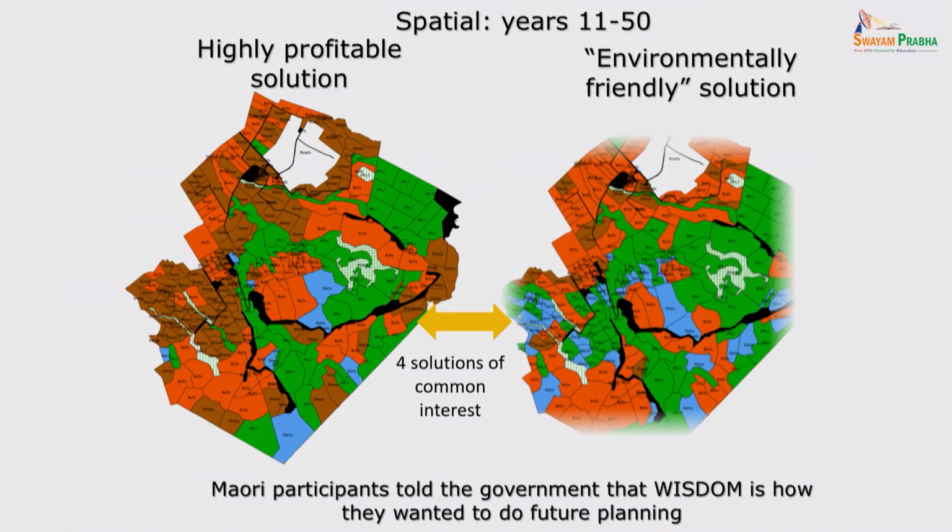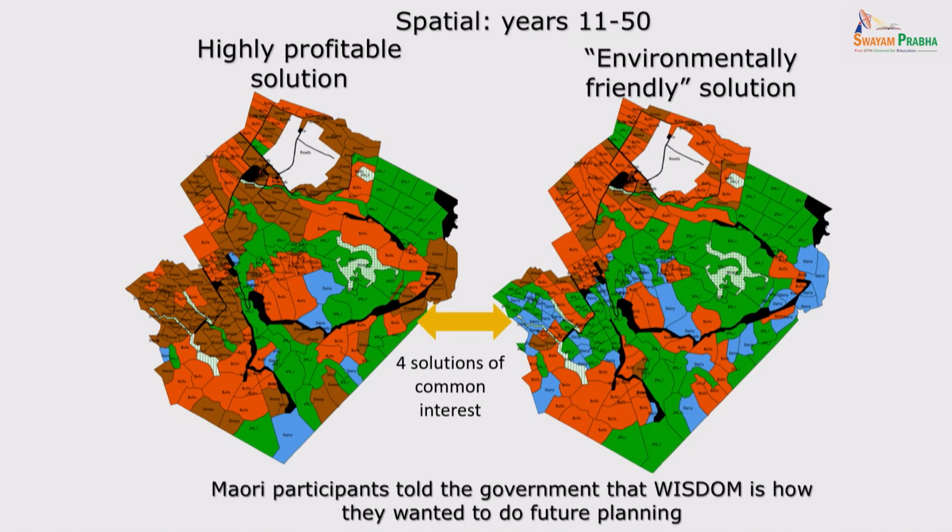So this environment friendly solution, this is the one I was animating. You see there is a lot of blue here, right? Now they've all gone. The algorithm decided to take the dairy out from there and put it somewhere hidden, so that whatever they do there is not going to affect the lake. And we didn't tell it that. The algorithm has figured this out. So this is the most environment friendly solution.